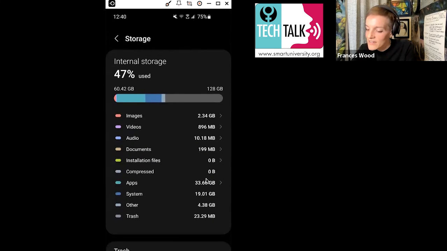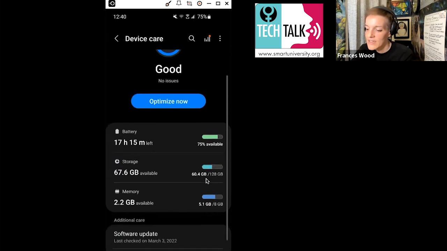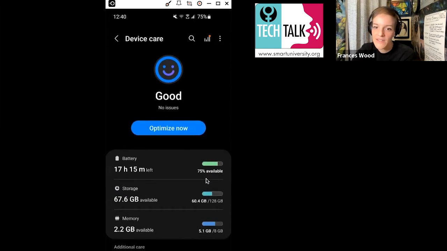Okay. And then your phone will have some quick fixes for how to free up some storage. Okay. So you see I've got a smiley face here that says good. So it's saying mine's actually functioning pretty well now. But it could say something there that's not so great. So if you hit this button that says optimize now, all right,